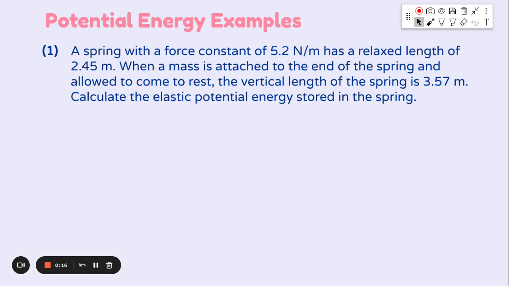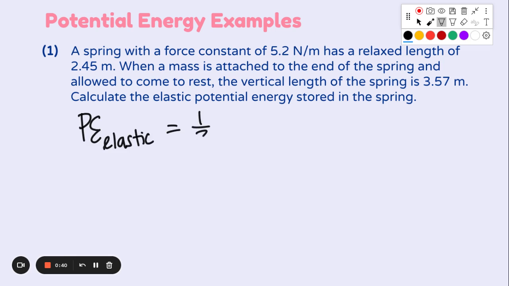So here we go. We're going to talk about potential energy. There are two different types of potential energy. These first two examples are going to be elastic potential energy, and the last one will be gravitational potential energy. The formula for elastic potential energy is PE elastic equals 1/2 k, where k is the spring constant, which will be given to you in the problem, times your distance compressed or stretched